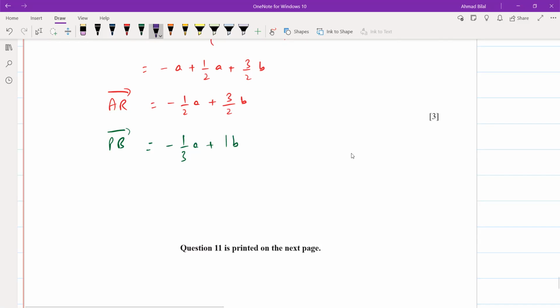इसकी रेशियो फिगर आउट कर लें, दोनों की रेशियोस फिगर आउट कर लें, so we have -1/2 divided by -1/3, और दूसरी साइड पे क्या है, 3/2 divided by 1। If they come out to be equal, इनकी रेशियो और इनकी रेशियो अगर ये सेम आ जाती है, that means they are parallel।